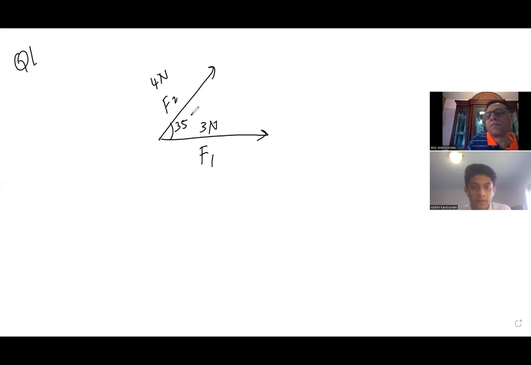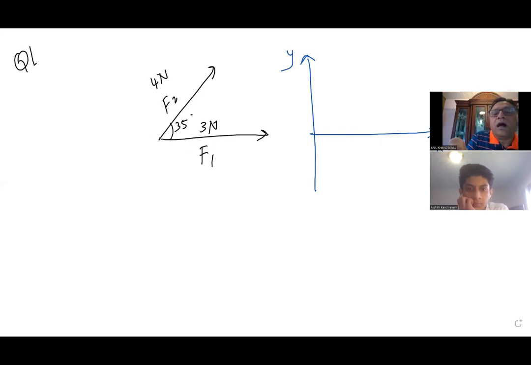Now, let us try to find the resultant by resolving the forces into two components. Let us say we have drawn them purposely, one of them along the x-axis. Now, if I resolve F1 into x and y components,